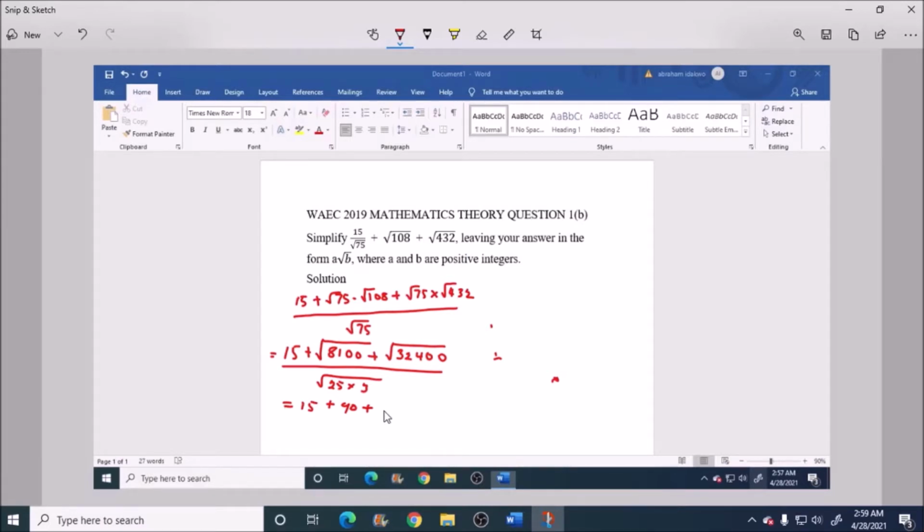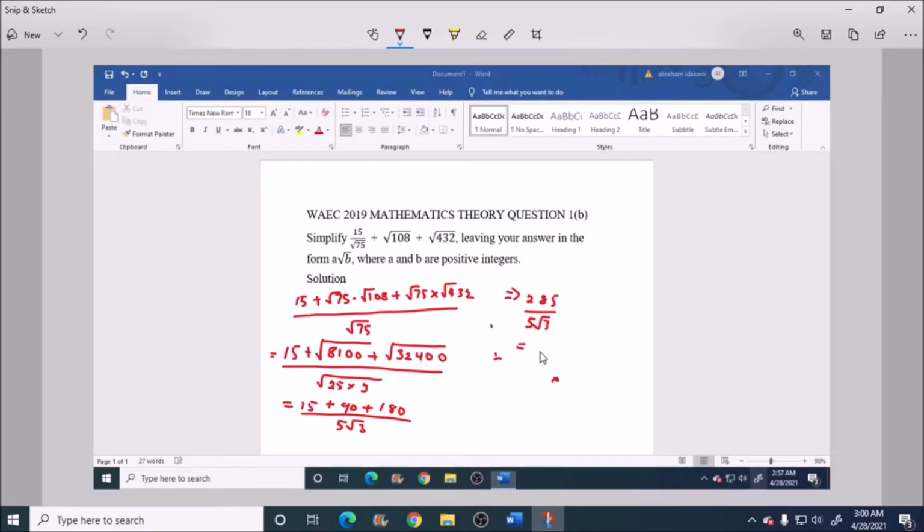Okay, so this will eventually give us 285 over 5 root 3. And then before conjugating, if you divide by 5, 285, you have 57